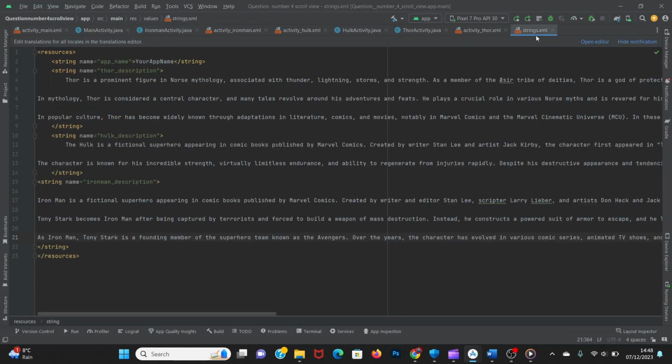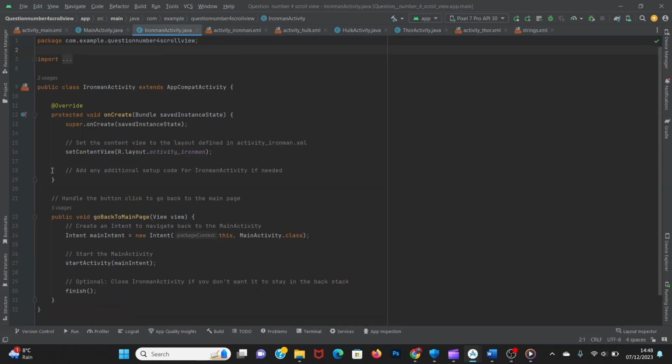I've set up in the string.xml for each and every picture, and then afterwards at the end I have kept a go back button so that you can return to the main page after having a look over there. Same goes with the rest of the